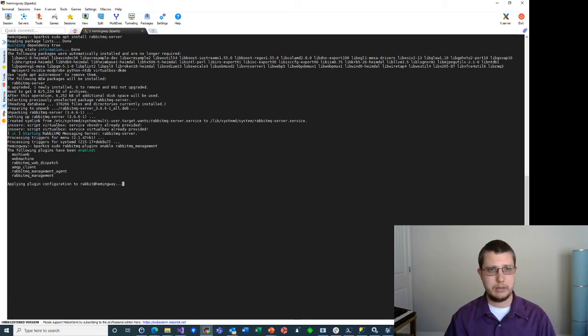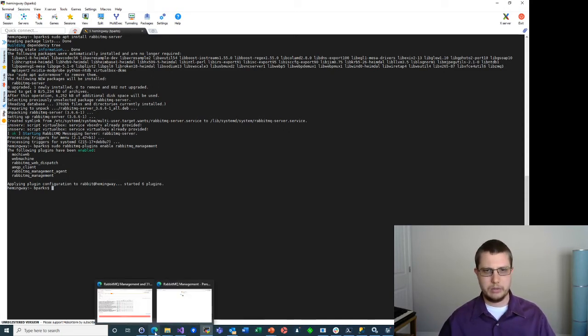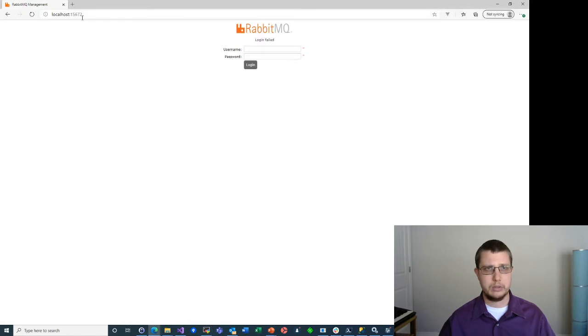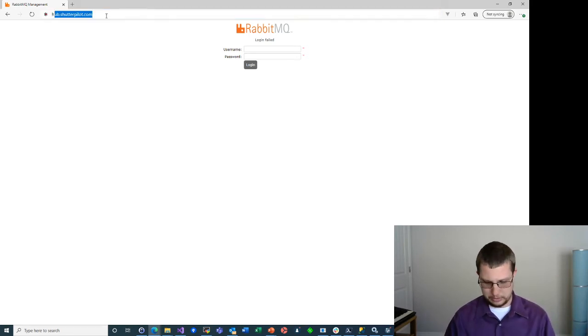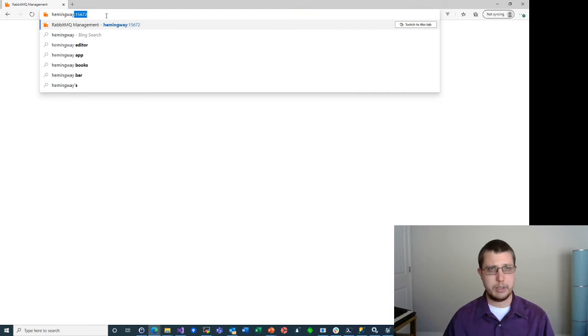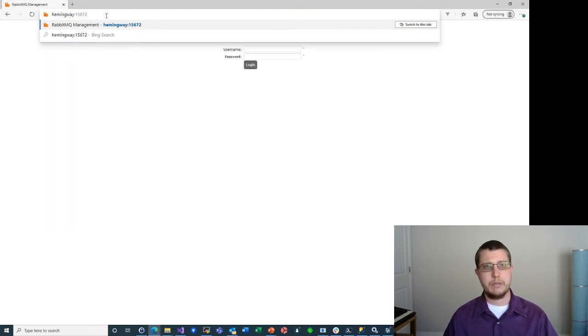So I'll do that, and it says the following plugins have been enabled, one of which is rabbitmq_management. So now, with that installed, we can actually go over to not localhost, because obviously this is talking to the RabbitMQ that came with Cherwell that is installed on my local system, but in this case Hemingway, because that's the name of my machine, with the port 15672,